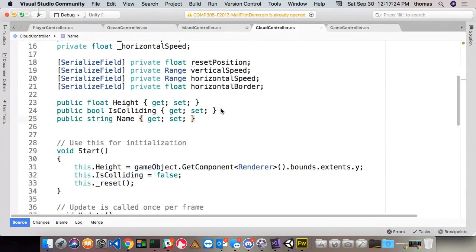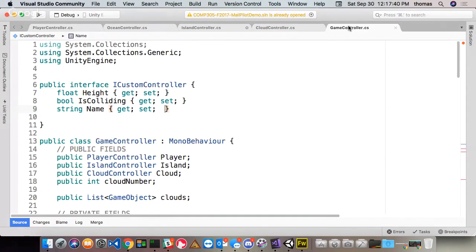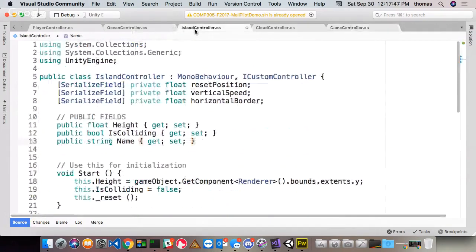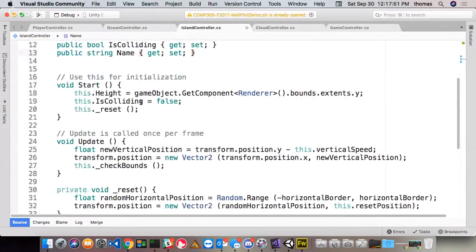Because I'm going to get rid of all this next week when I do Unity colliders, right? But I wanted to show you how this works. Okay. All right. So public height is colliding name. I had all these plans to do the interface too, but I didn't expect to get into this part. And then my get controller, once I have the name, I can check for that, but I have to set the name somehow. So I'll say that in my start function,